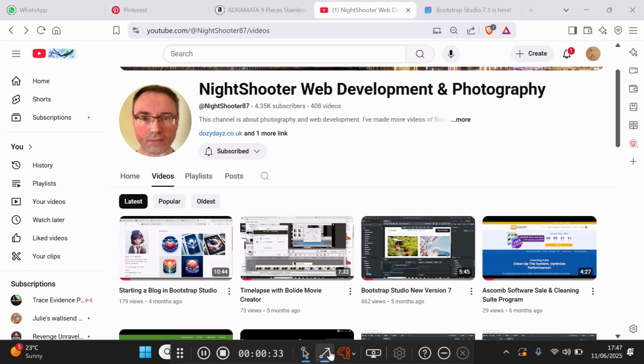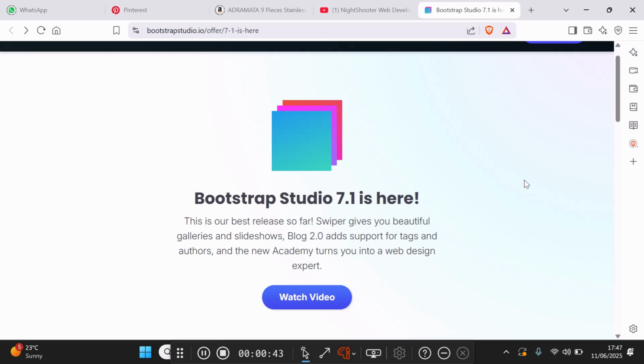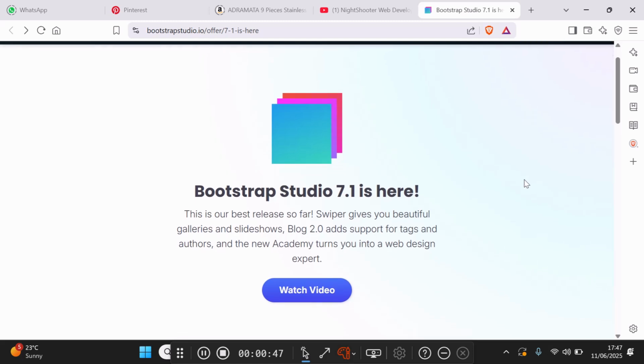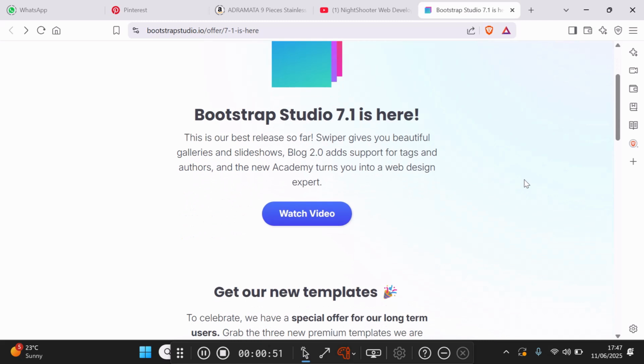So there's a few things here. This is the best release so far. Well, it's got to be better than the last one. Swiper gives you beautiful galleries, and Slideshow Blog 2.0 adds support for tags and authors, and one of the most important things, and the new Academy turns you into a web design expert, and it's got videos to watch there. Also, here's some templates, and you can get this bundle for